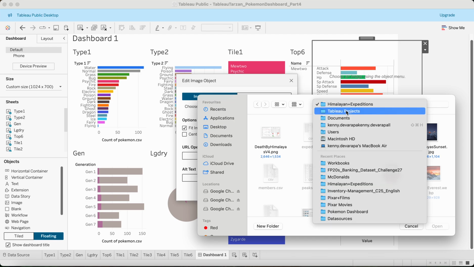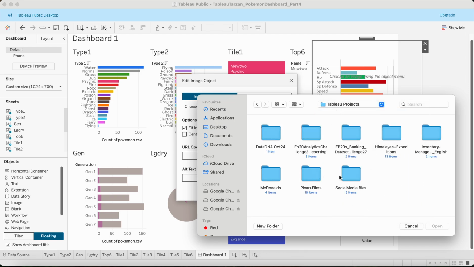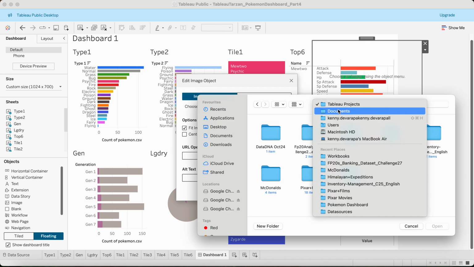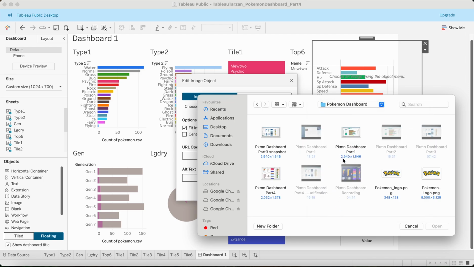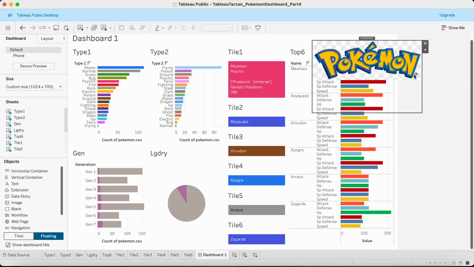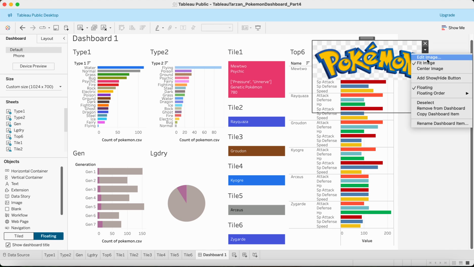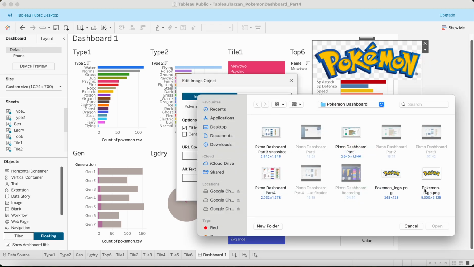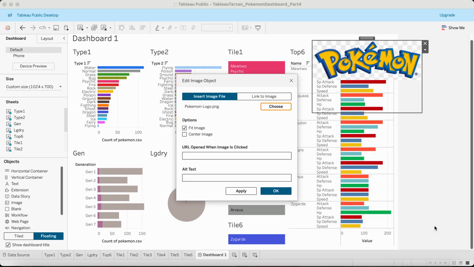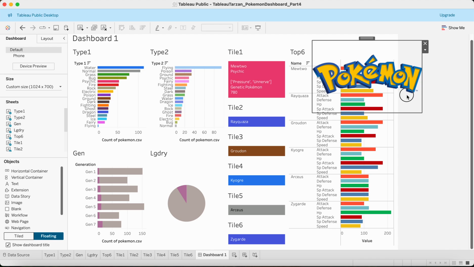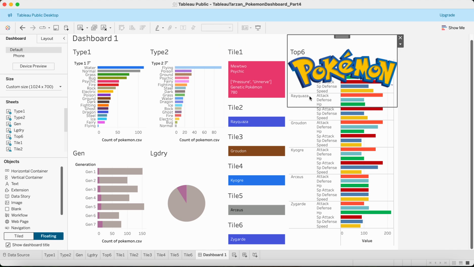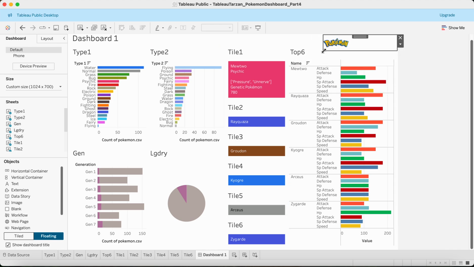So let me go to Pokemon tablet projects, and yeah, Pokemon dashboard, got you. Or this one, both seem the same. No, not this one. Edit image, choose, let me select this. Yeah, this is the one I want. So let me bring this here, adjust it so that it's on the top,